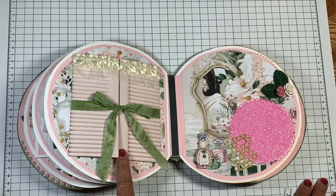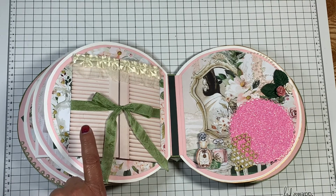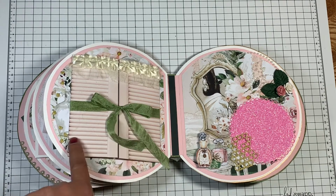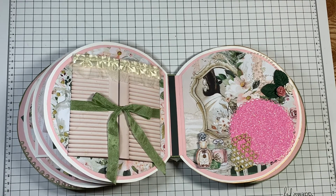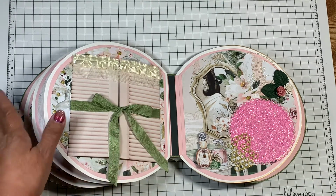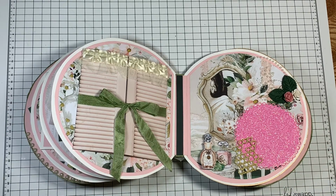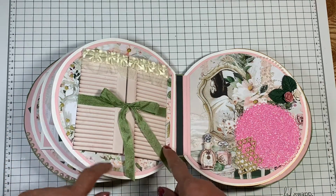And then on this side, actually, you know what, guys, this right here, the shutters, comes from another line. What was it from? It was one of the Mente Suntastic or something like that. I can't remember right now. But I just took the page out of that. It was the 6x6 that I had, and I cut it in half,